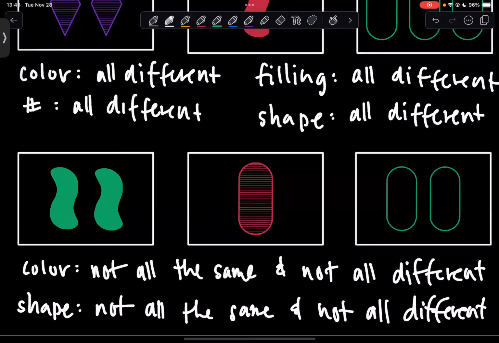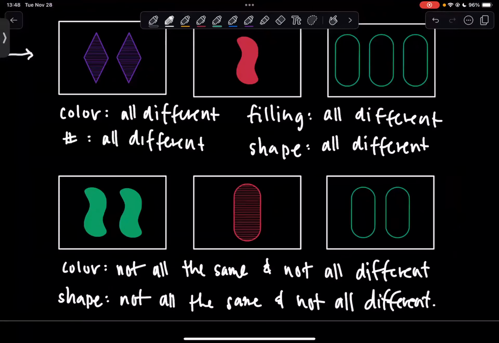So as soon as you see exactly one of them is different in that characteristic, you can say that it's not going to be a set here. Yep, and even the number, right? We're seeing 2, 1, 2 show up. So it's not all the same number or all different numbers. It's not 1, 2, 3 or all like 2, 2, 2, 1, 1, 1, 3, 3, 3. Okay, so this last one here was